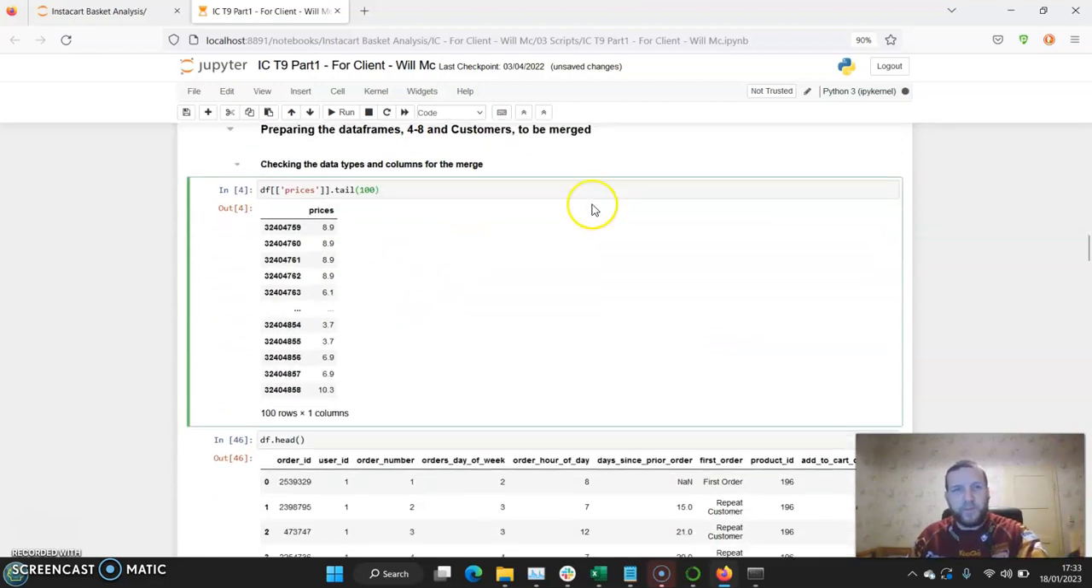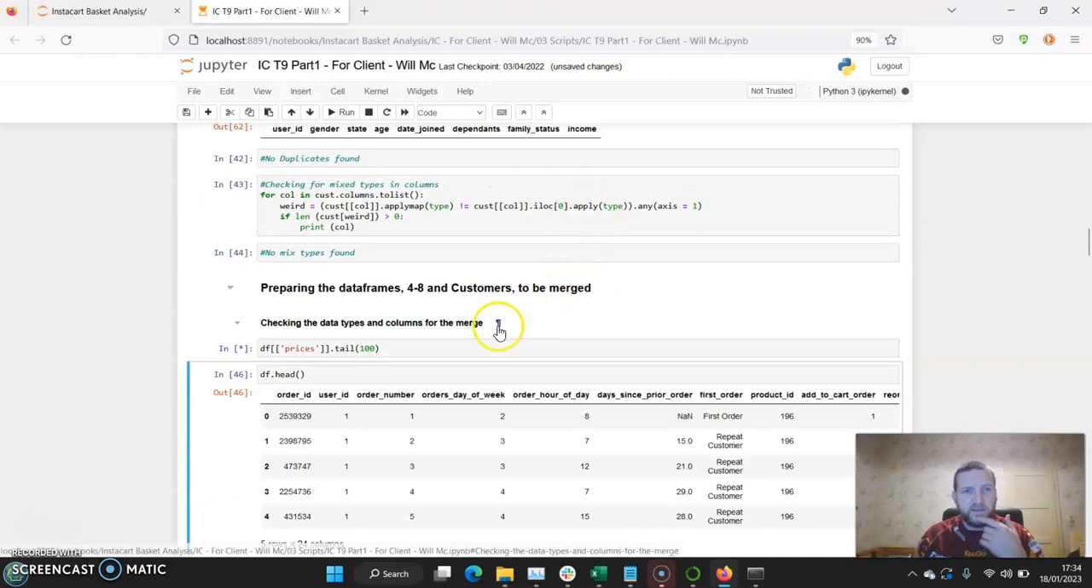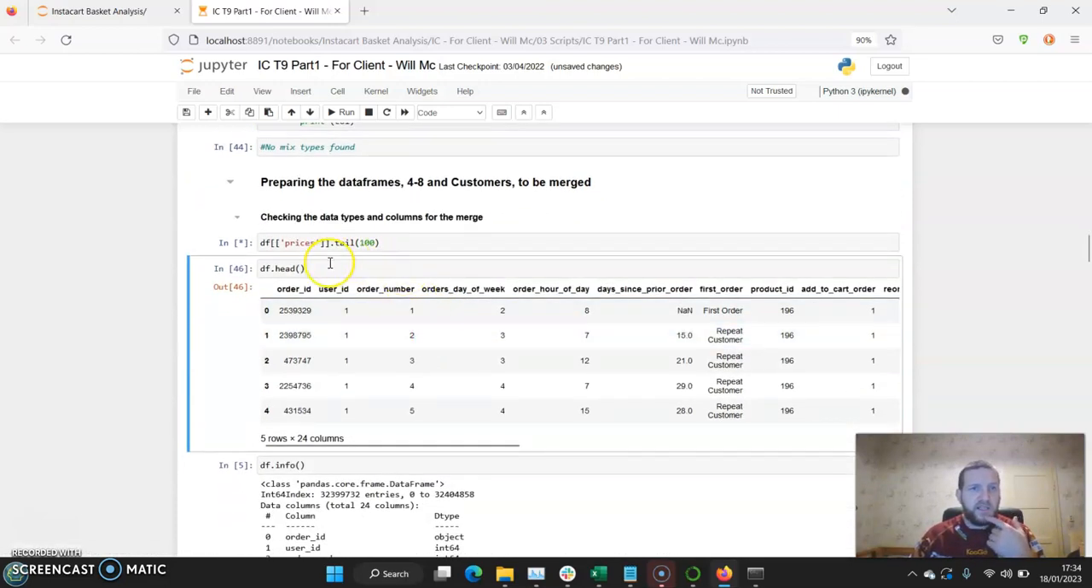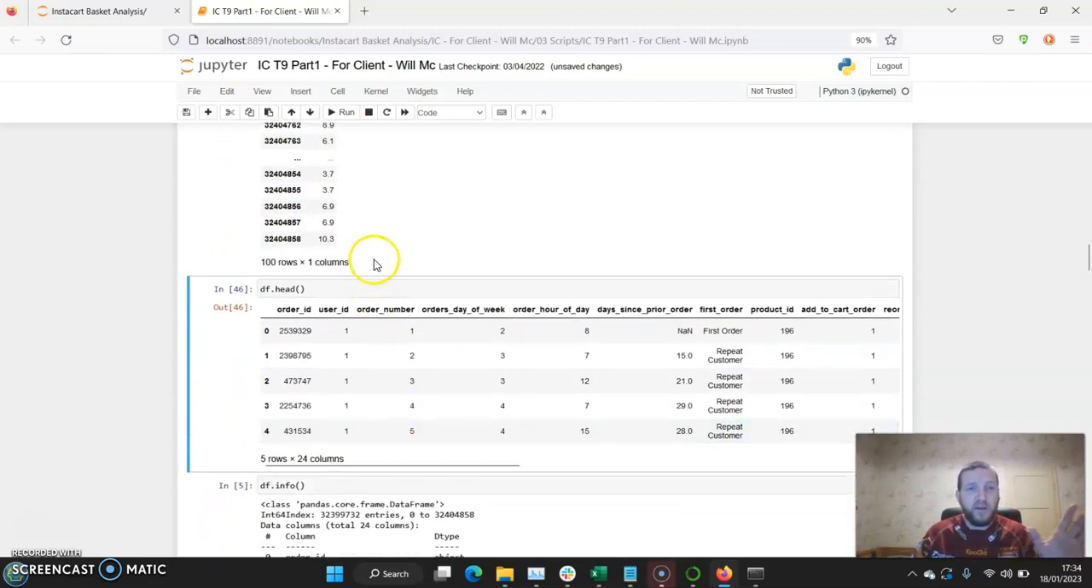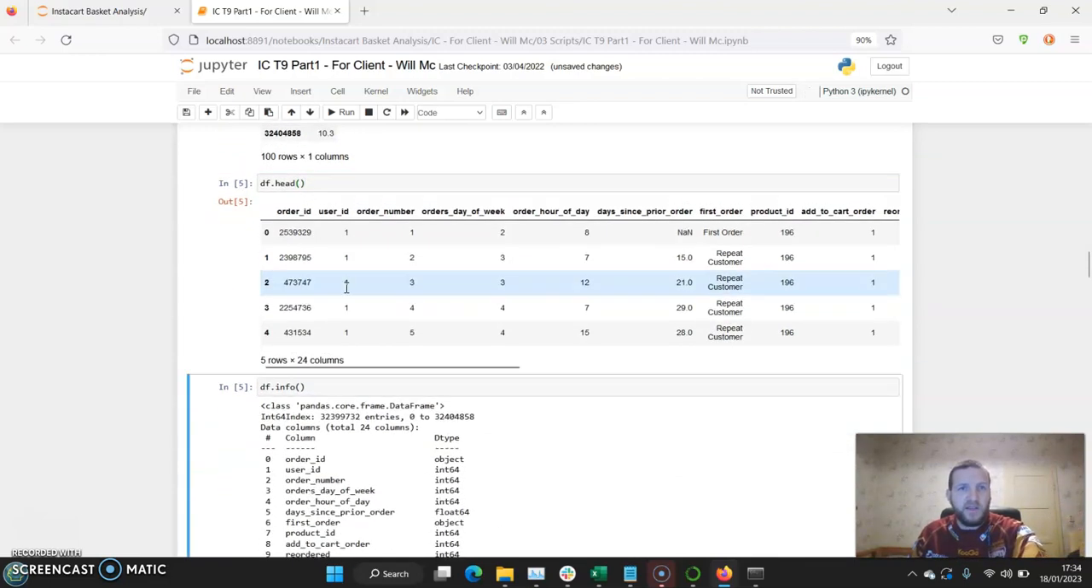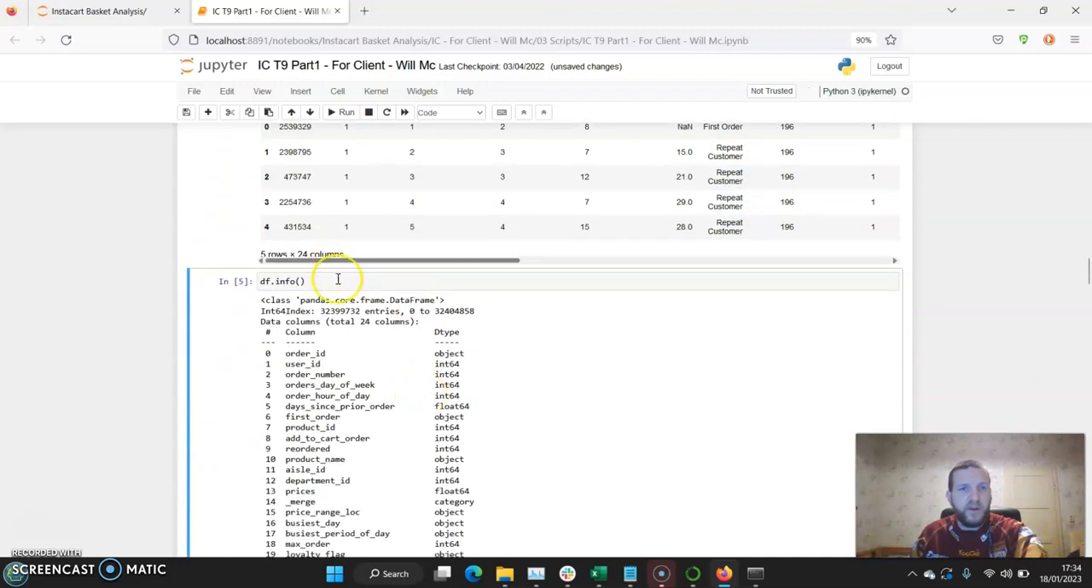Okay, so I click on that, it runs, and I have a tail of 100, just to give a range of them. 8.9, 6.1, 3.7. You'll see they're all only point and one number behind them, okay? So we go with the head. Do I need that? I'm not quite sure. Can't remember. The info